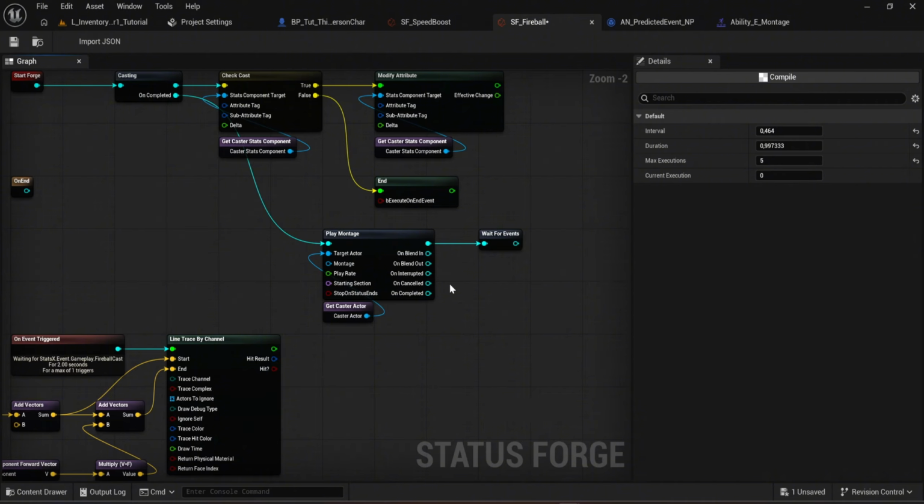In this branch, I play a montage, which is an asynchronous node. As soon as the command to play the montage is sent, the next node is executed immediately. The next node is probably going to be one of your favorites. Wait for events. Wait for events has only one parameter, a gameplay tag container, which is the list of events